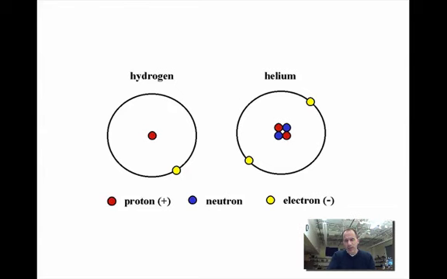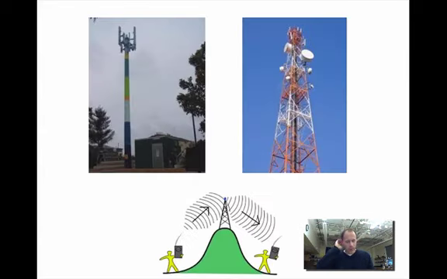We're going to take a little tangent here for a second and talk about microwaves. The picture here on the left is a cell phone tower. The picture on the right is a microwave tower. Cell phones use microwaves. It's a form of light, just like visible light is. It just happens to be a light that we can't see. In the same way that you can produce sounds that are too high or too low of a frequency for human ears to hear, this is a light with a wavelength so big, so it's a frequency so low, that our eyes can't detect it. But we can build things to detect it.